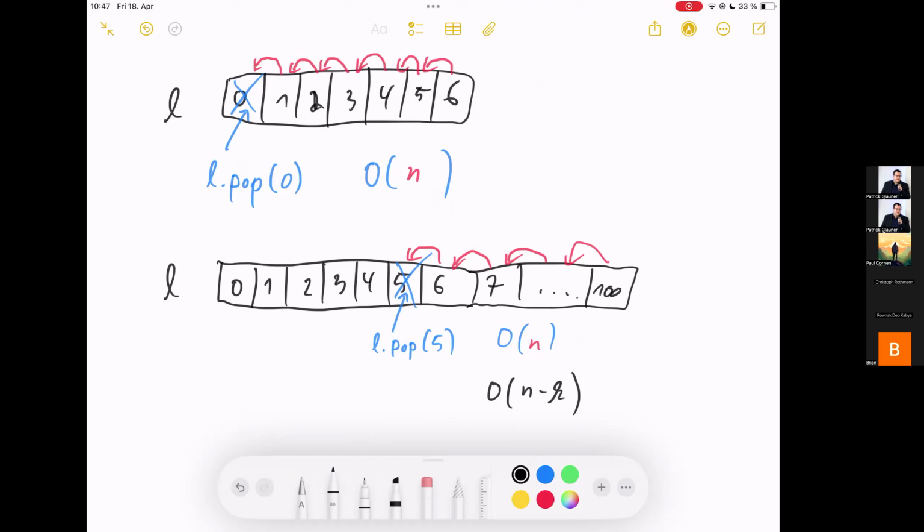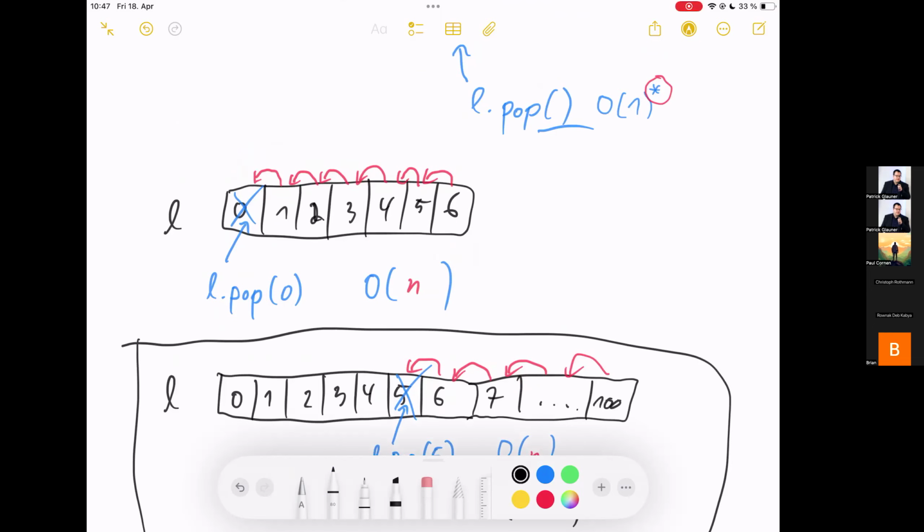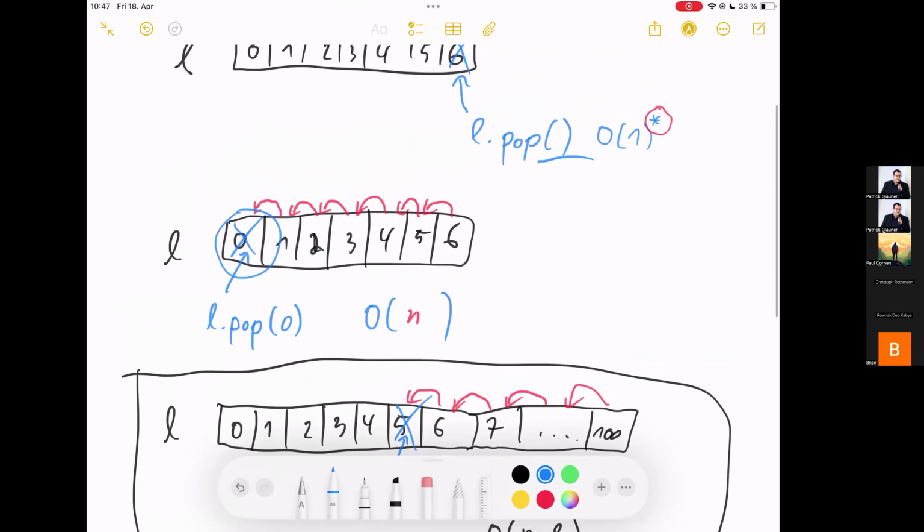And the problem is, this case here is not relevant to us. It was just an extension, but we are actually popping here the leftmost element, and then we really have to move all of the others from right to left. So this is quite inefficient, and this is the deque operation. I'll write it out in a second. Deque,